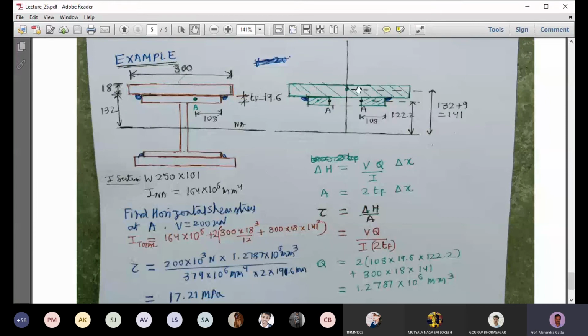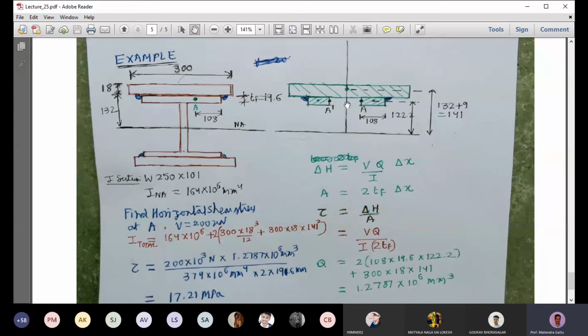I didn't know why they are doing it, but I hope the textbook is right, so I'm trying to justify what the textbook is doing. My justification could be that if you are cutting in this fashion, this cut will represent a surface in the longitudinal direction, and on that surface there is delta H prime acting towards you. This cut will represent again a longitudinal surface, and there delta H is acting towards you. The sum of delta H prime and delta H is the net longitudinal shear acting towards you. So we want to find that net longitudinal shear.